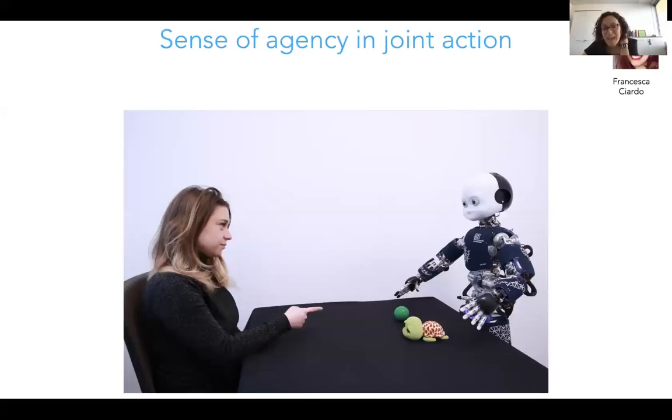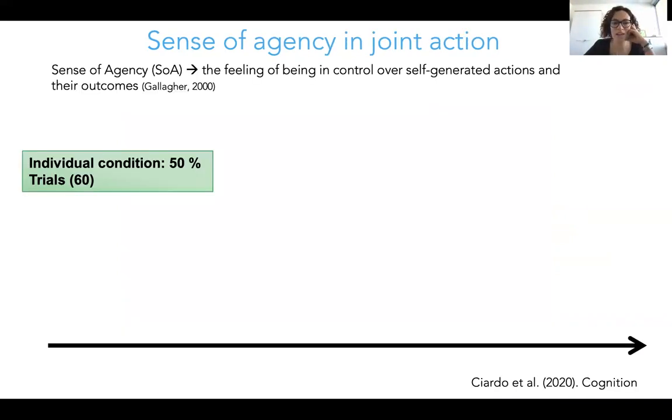Now, I have an entire long section about sense of agency, and I see that I'm running out of time, so I'll go through this more quickly. I wanted to explain all the paradigms that we use for measuring sense of agency, because I think it's very interesting in the context of this audience. So I'll very quickly go through one paradigm that we've done, a joint action task, where participants were playing a game, this time not with iCub, but with a Cosmo robot. It's a game where you need to, again, take a little bit of a risk.